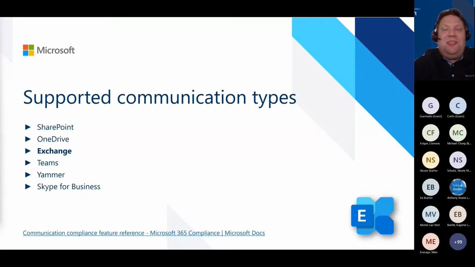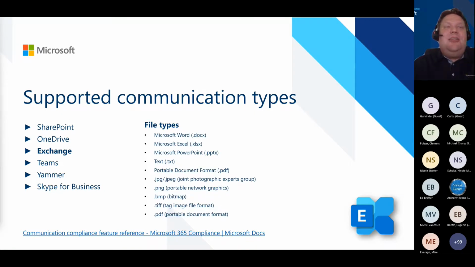And for me, this is very interesting. When we plan all of this, we want to start, for example, by controlling Exchange and Exchange emailing, and which communication types are possible. And yes, it's Exchange. We can find Exchange here. So we have a look at the Exchange mails and attachments. And the next question the customer asked me was: okay, when I can control mails, that's fine, but attachments? What if I have a picture in my Exchange email, or a picture as an attachment? Can we control it too?